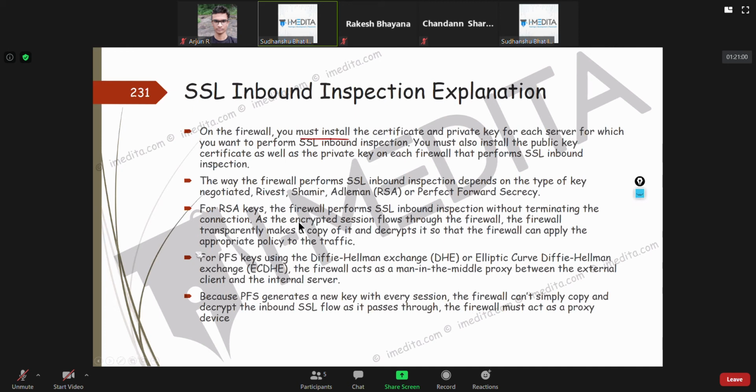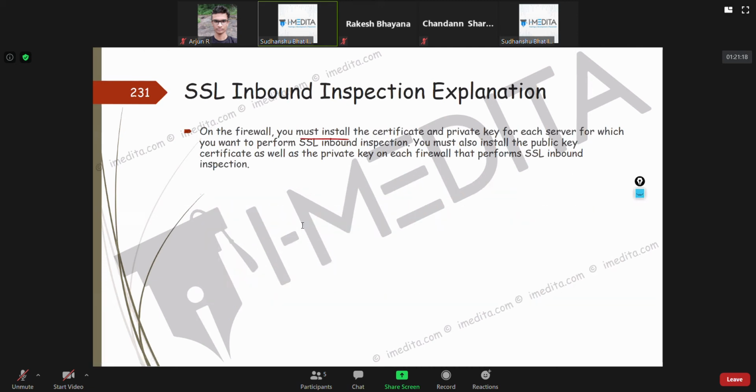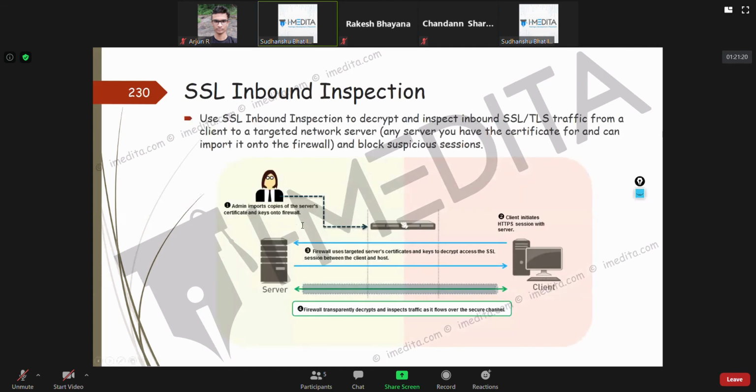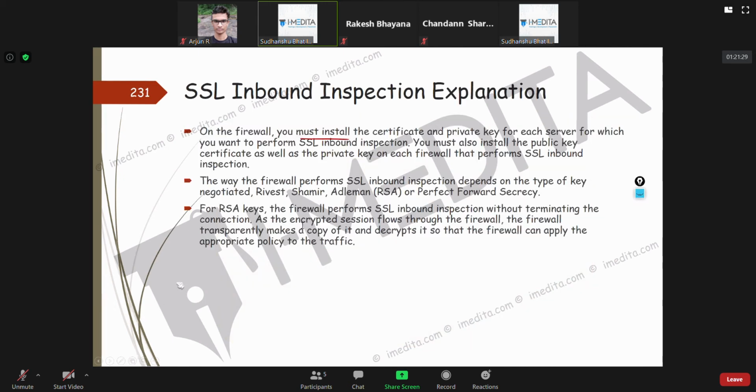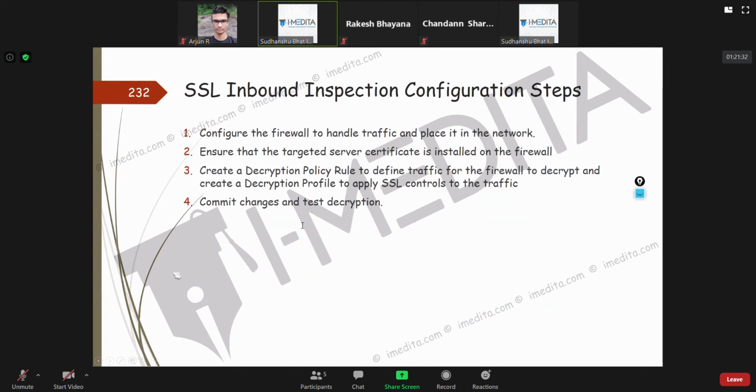Because in this case, each session generates a new key, so you cannot simply copy and decrypt it. So if you are using ECDHE, then it will act as a proxy. The client will establish a session with the firewall, which in turn will establish a session with the server.